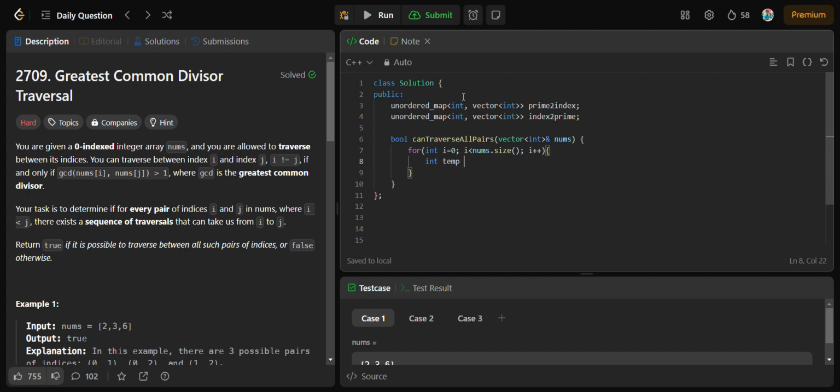Then we will initialize a temp variable and pass it nums of I. Then again a for loop from int j equals 2 to j into j less than or equal to nums of I. So we are just going up to the square root of that number, j plus plus. We will check here a condition: if temp modulo j equals 0,